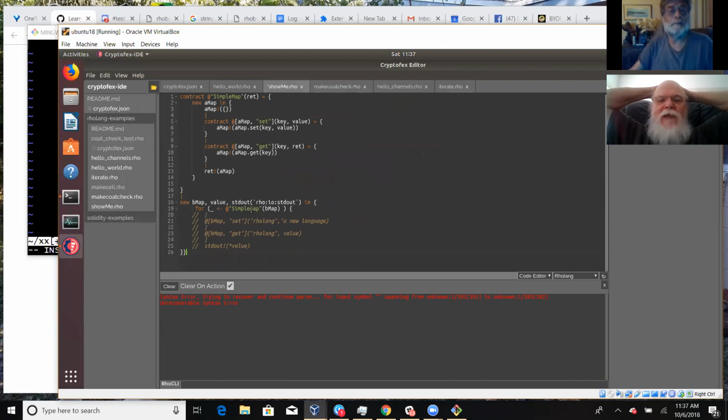That's why I was asking all that stuff about, wait a minute, I've never seen this interplay of square and round. Exclamation point is the way you call a contract.